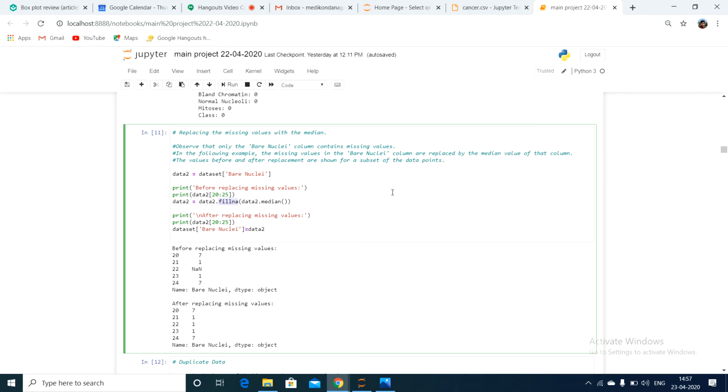Whatever you want, you can replace. So what I did is I replaced the missing values with the median.